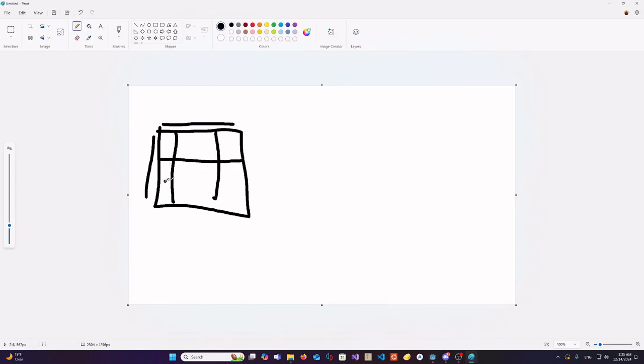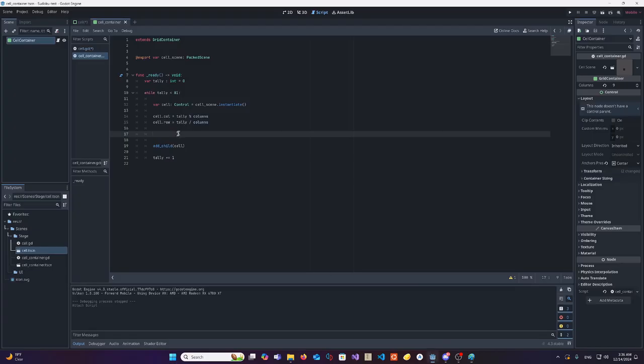We need to divide it into 9 groups. We're going to say that if its column number is between 1 and 3, and its row number is between 1 and 3, then you're in group 1. If the column number is between 4 and 6, then you're in group 2, 3, 4, 5, and so on. So the way we would code that, I'm probably going to fast forward this part, but it's going to be